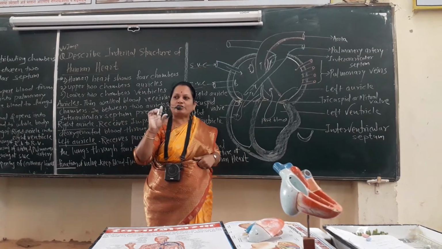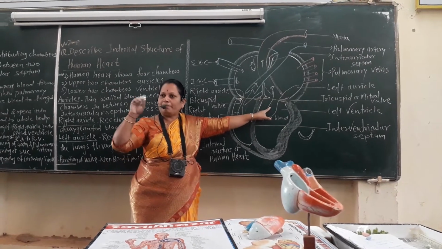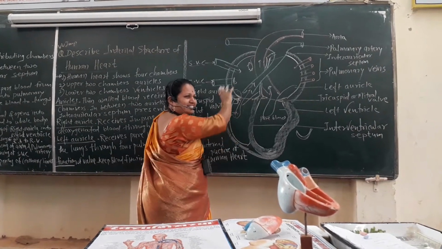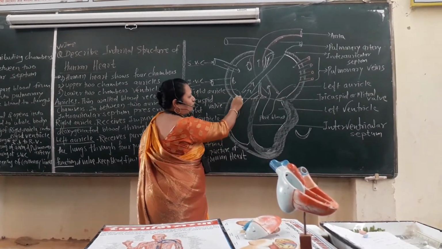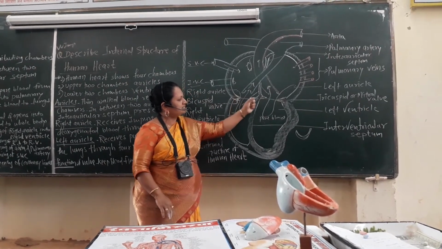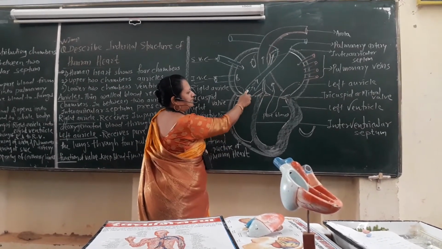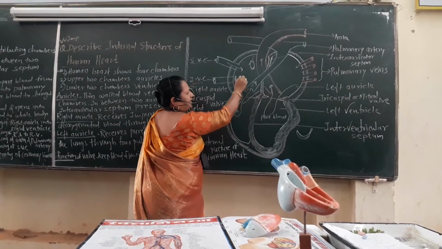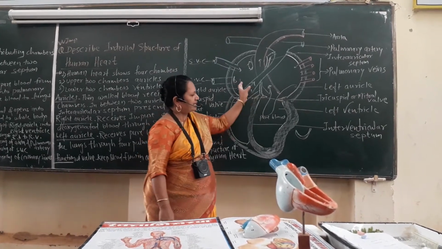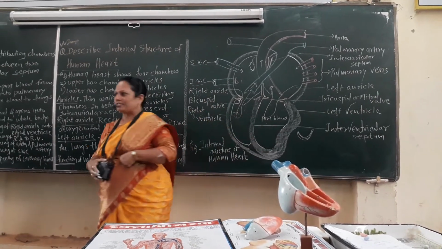This is the working mechanism of the human heart. Actually, what is the function of valves? All these valves maintain the blood flow in one direction. If there are no valves, then what happens? Blood remains here only in the heart. There is no unidirectional flow or circulation of the blood. When these valves are closed, blood enters into pulmonary artery and aorta. When these valves are open, the semilunar valves get closed and blood from the auricle enters into the ventricle. Right auricle into right ventricle, left auricle into left ventricle. This is the working mechanism actually.